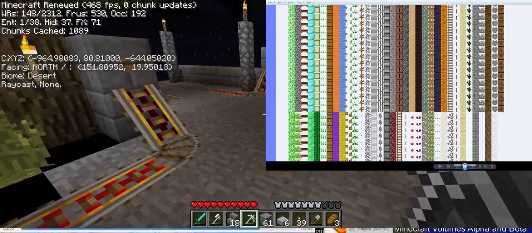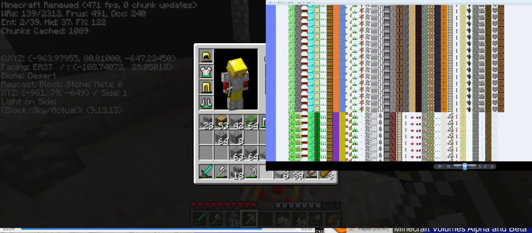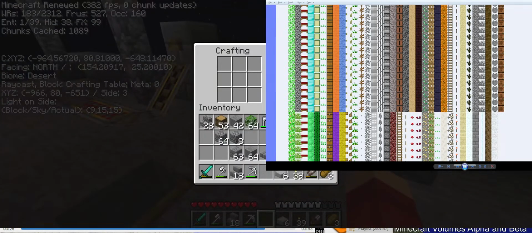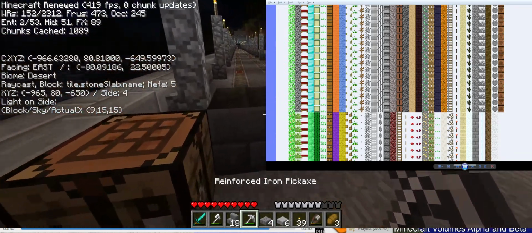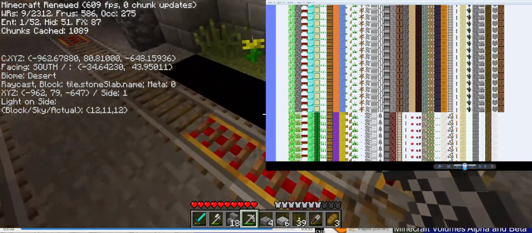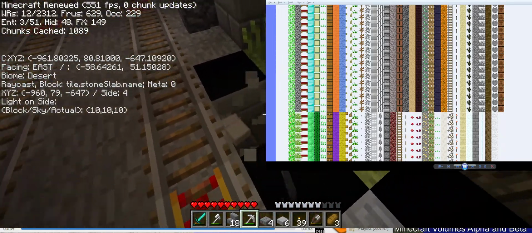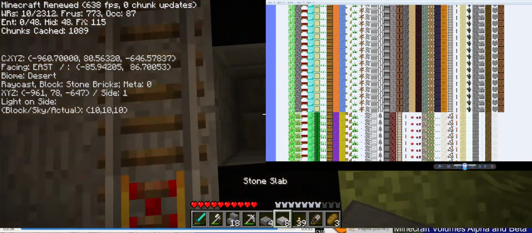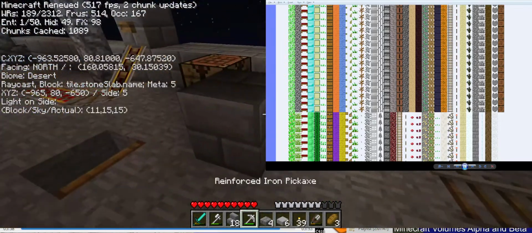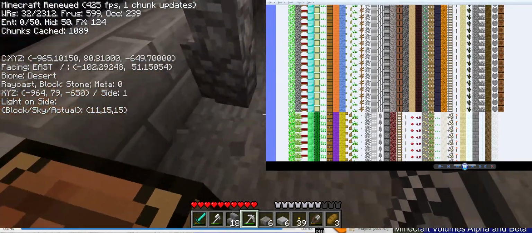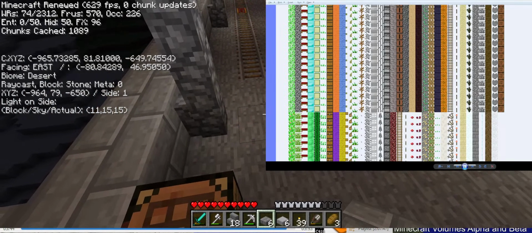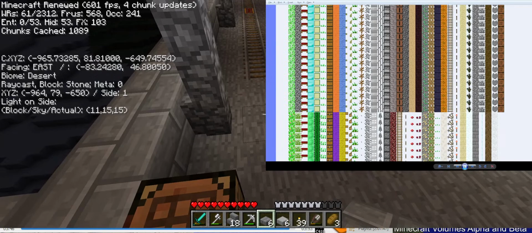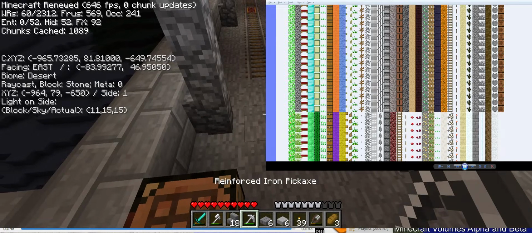I guess I'll place other types of slabs. Huh. So... Hold on. Oh, I know what it is. Oh, man. What's happening